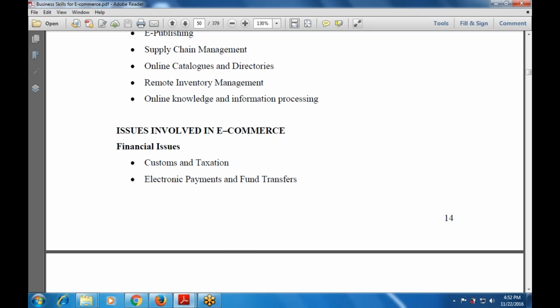Now, what are the various issues that are involved in e-commerce? First is the financial issues, that may be customs and taxations, then electronic payment and fund transfer,